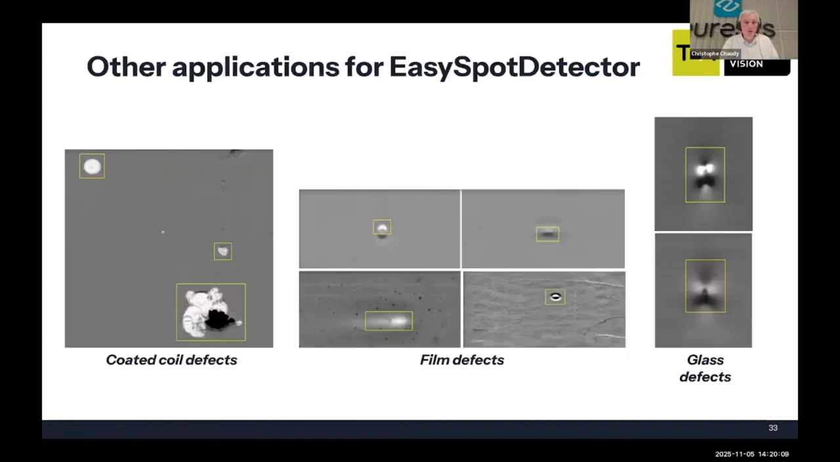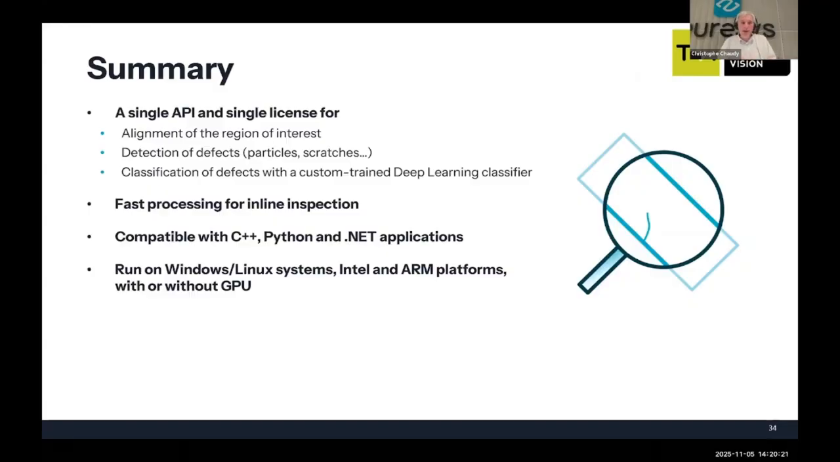There are 3 other examples in different industries: the coated coil defect, film inspection, and glass inspection. So to summarize the presentation a little bit, EasySpotDetector is a single API and single license for 3 different functions: